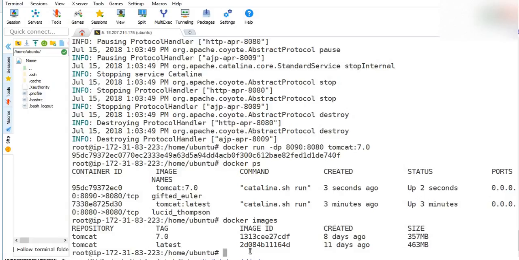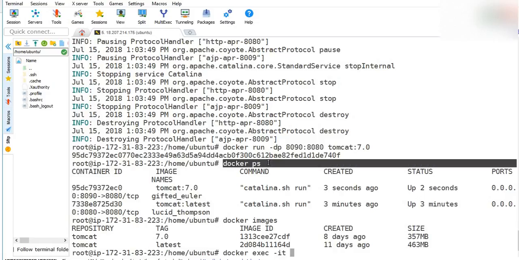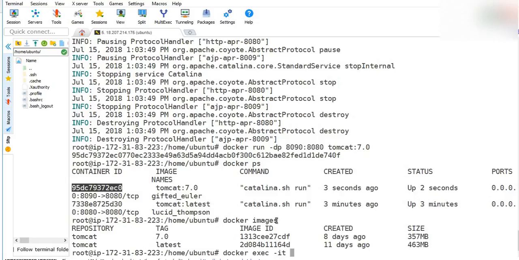If I want to see the first container or second container, how can we go inside of it? If, for example, I want to update or install or change the Java version in some container, how will I do that? In that case, there is a command known as docker exec -i -t, or else give it directly -it, and then give the container ID, in which container you want to go inside. For example, I want to go inside the Tomcat 7 container. You see, this is the container ID. You will get this using docker ps. Give the container ID, not the image ID.